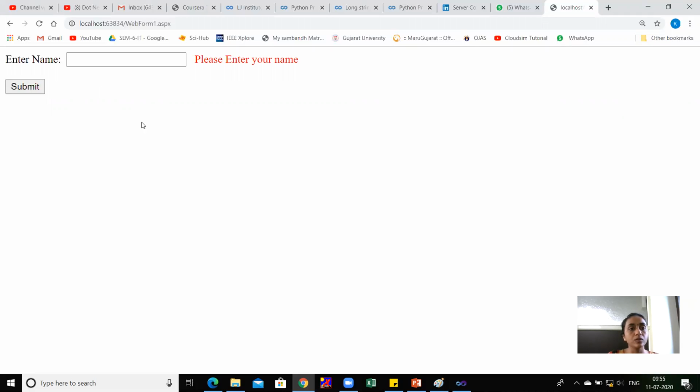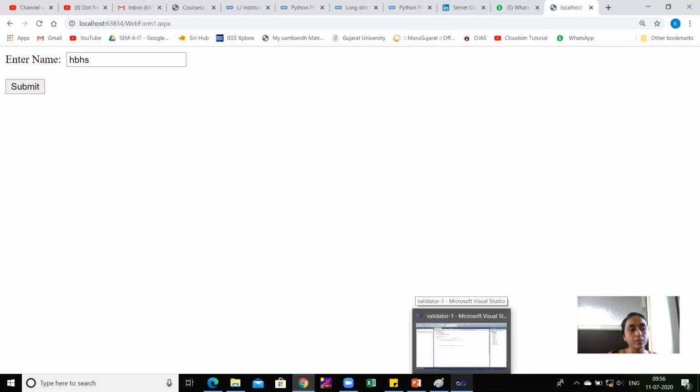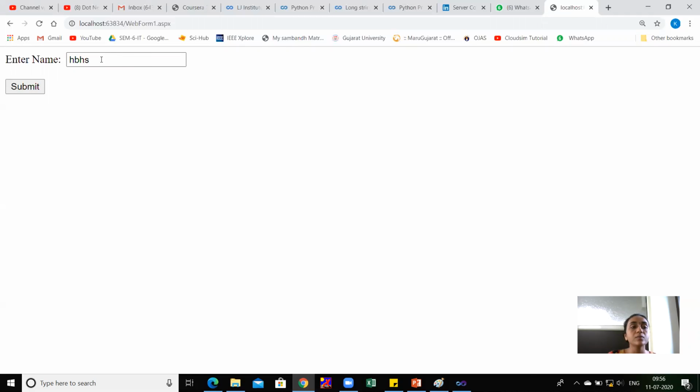So you can also click on your page, then you will get this error message. You can click, or you can click on the button, or you can just press enter. While I click on the button, this message came, but if I enter any data and then press submit, then see, it is not happening. So in this way, wherever you need such kind of validation, where the field cannot be left empty, or asterisk type validations, at that time you will use the required field validator.